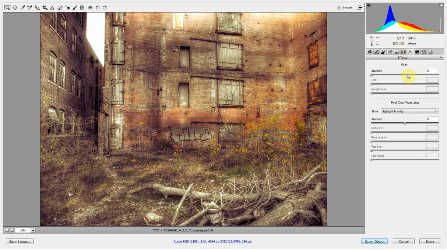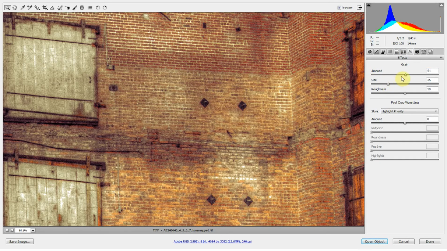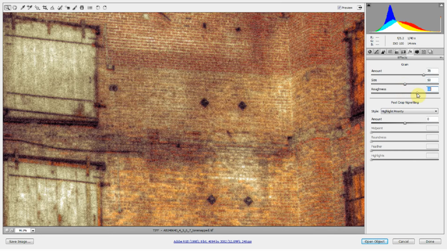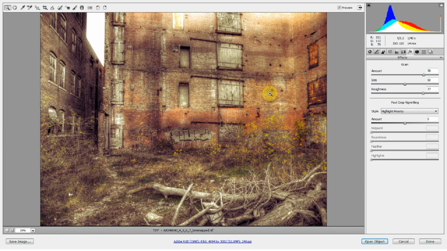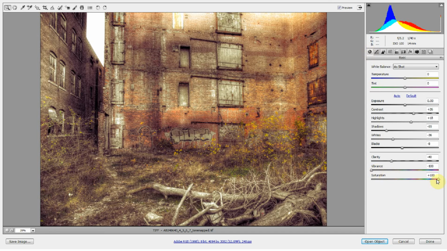So in the effects, you can go to the grain, and you can add a lot of grain. So let's zoom in here and see what kind of grain we're adding. I'm going to add... losing my slider here. Okay, there we go. Increase the size, maybe increase the roughness a little bit too. And then we have an older looking photograph where if you wanted to make it look even a little bit older,